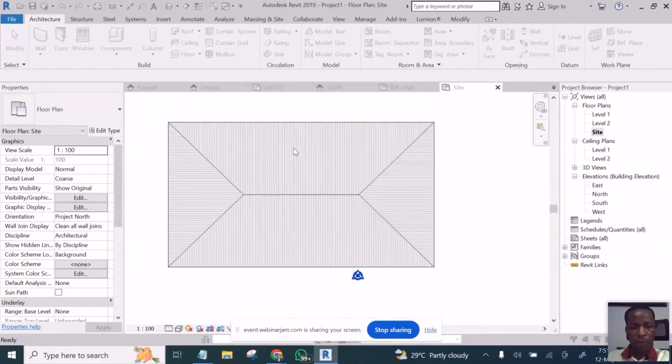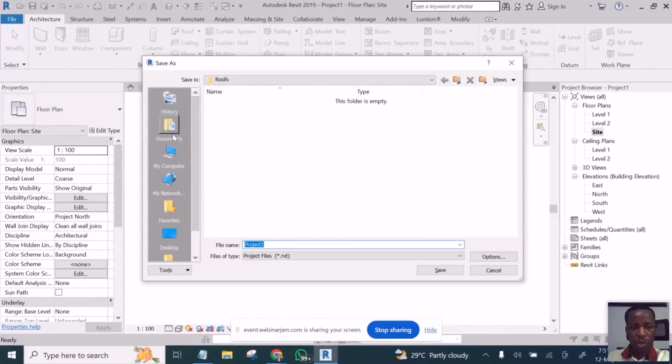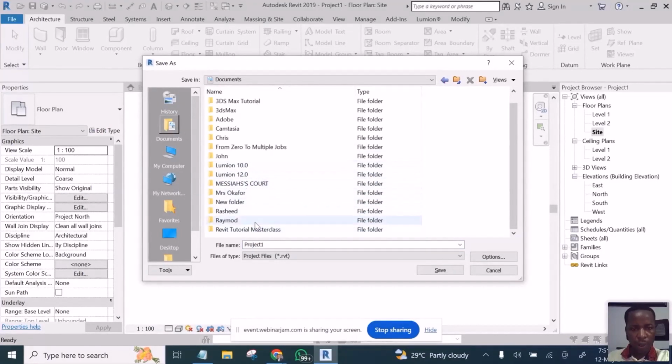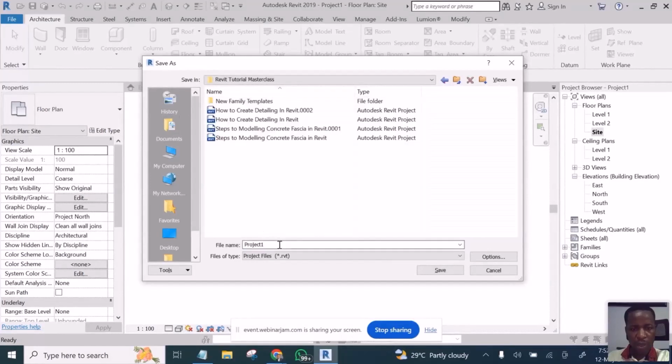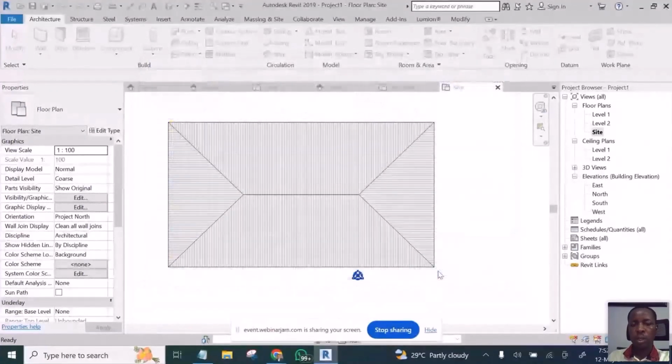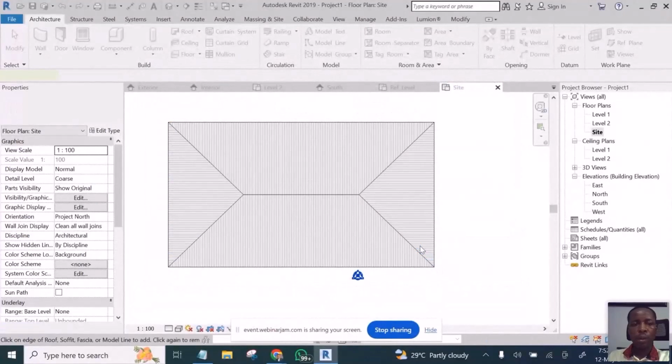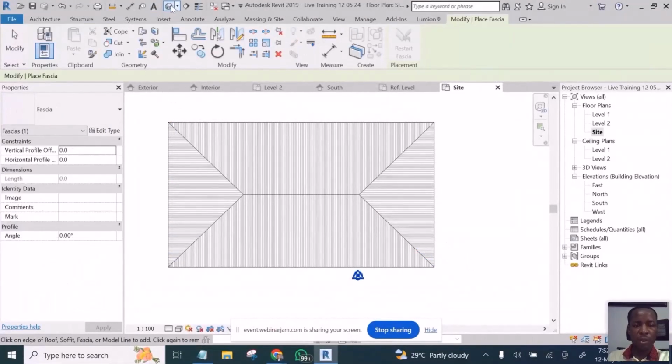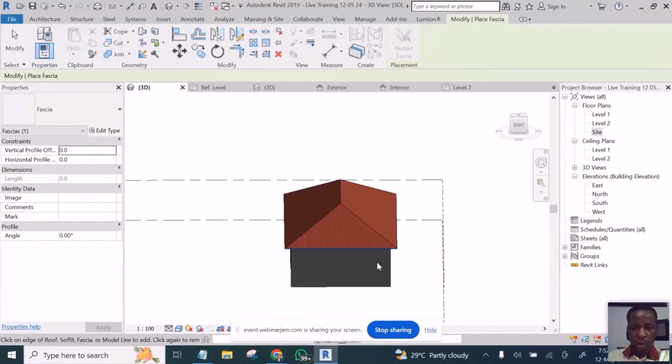It's asking us to save, and I want to save it inside this folder, Revit Tutorial Masterclass, live training 12/05/24. Okay, on the option, I'm saving the file we are working on. I will save it now. Okay, now let's even look at it in 3D first. Okay, this saving has,